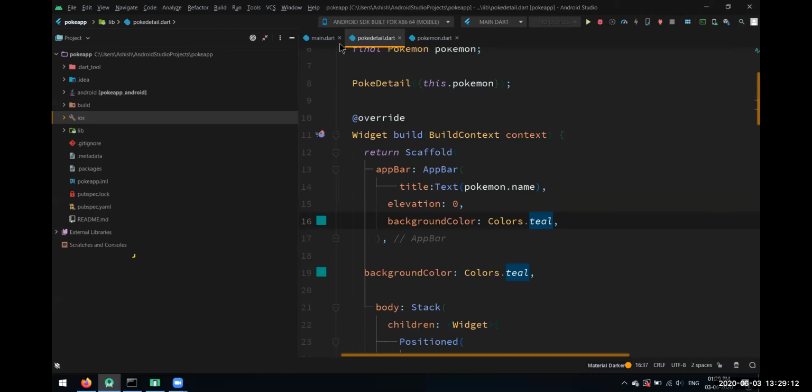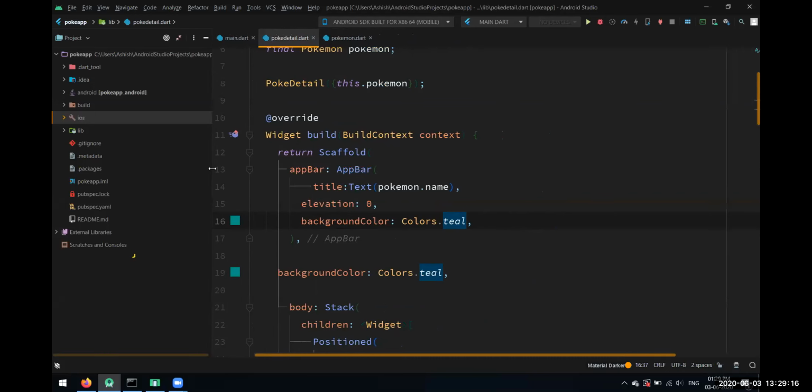Okay, if we have to add options for both light and dark themes, yes, you can do it. You can just take a button. You can create a kind of drop down menu, and there you can give it a condition. If the chosen one is dark, then use this theme, otherwise use the light theme.